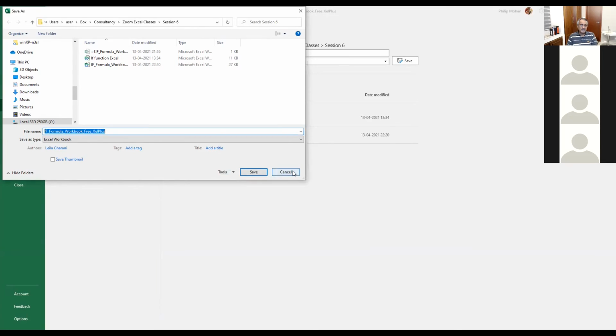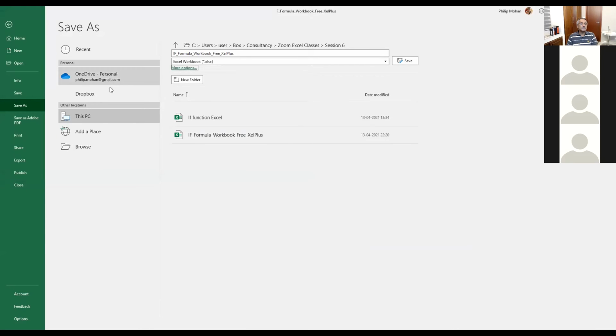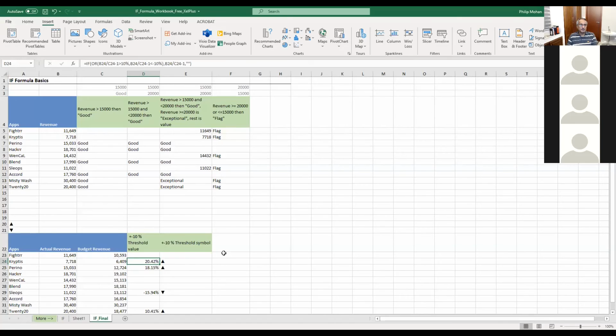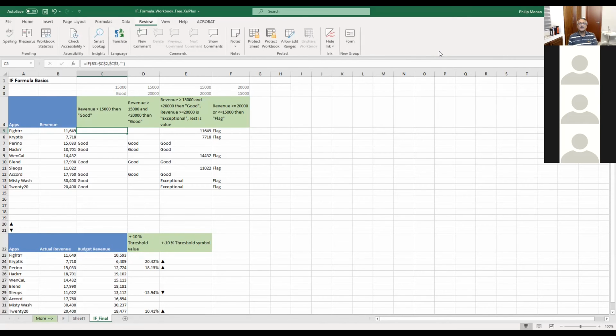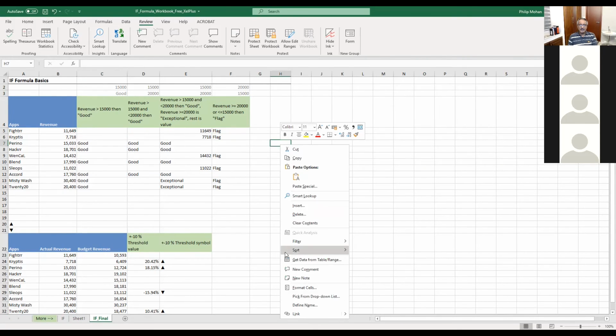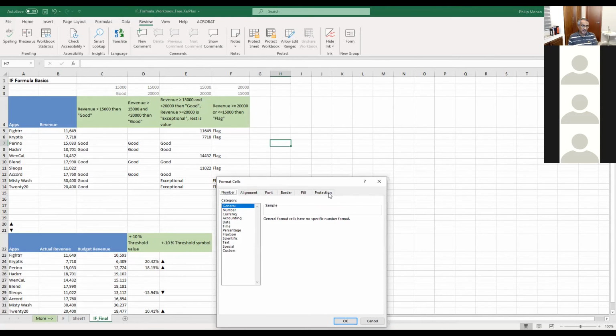Now within the worksheet, we put some fancy formula here, right? I don't mind them changing the values of the revenue, but I don't want them to fiddle with the formula. So what I can do is, let me just show you something. If you go to any cell and right click on it, in Format Cells you'll have a tab at the very end called Protection.